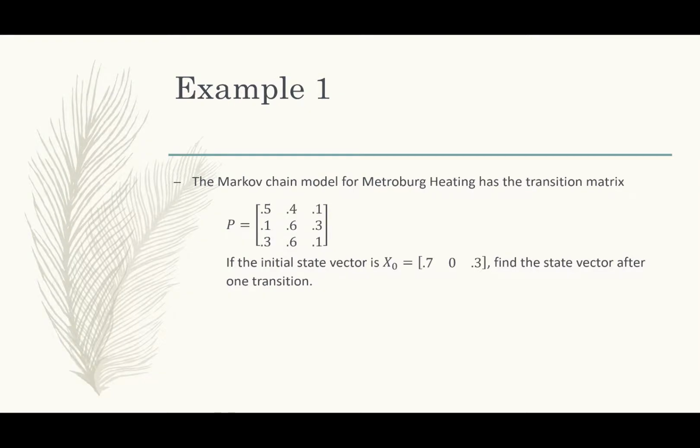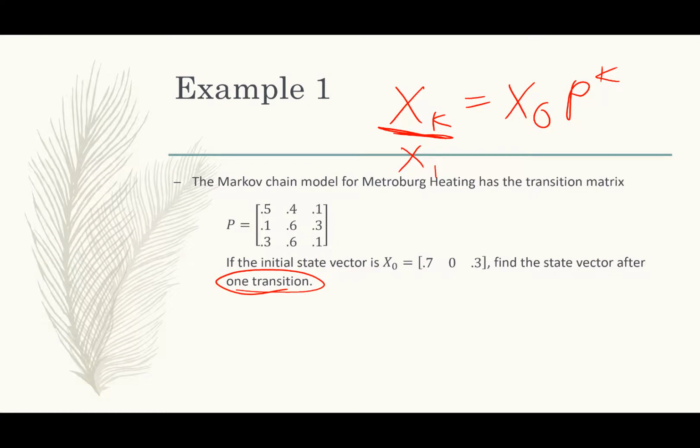So if you remember the formula we just talked about, again, it seems complicated, but it's very, very easy to use. This right here, the xk, is going to be our answer. So we're trying to figure out what the state vector is after one transition, right? So k is going to represent 1, since k represents the number of transitions. x0 is what we already know. We already know x0 is this state vector here. So if I'm just plugging these in, I know that my answer is going to equal this state vector, 0.7, 0, 0.3,